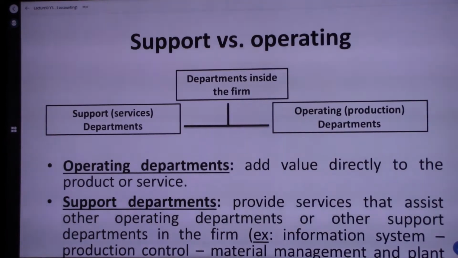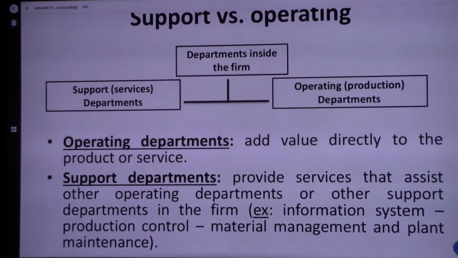First of all, any organization contains several departments. We divide departments into support department and operating department. Supporting department, which is called service department, and operating department are known as production department. Operating departments are departments that are directly related to producing goods or service. So, operating departments are departments that add cost directly to the product, while supporting departments, which are service departments, the